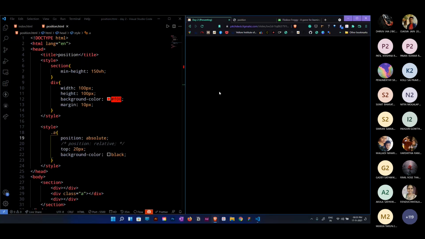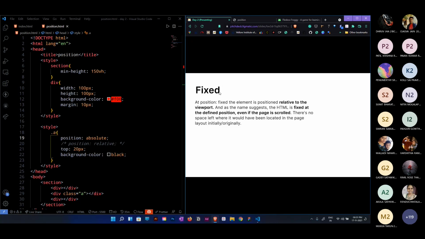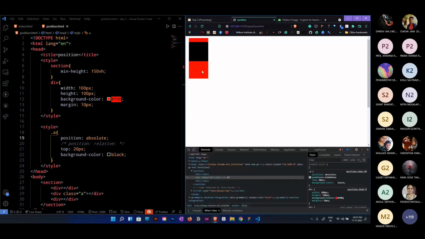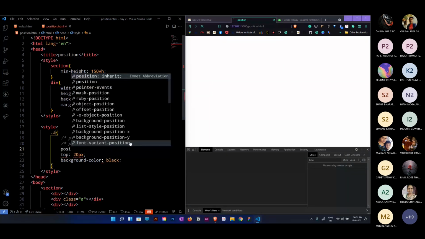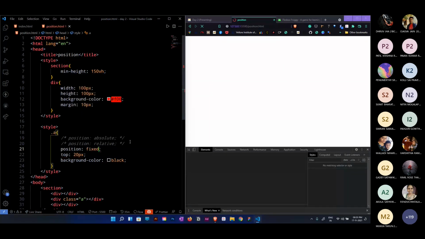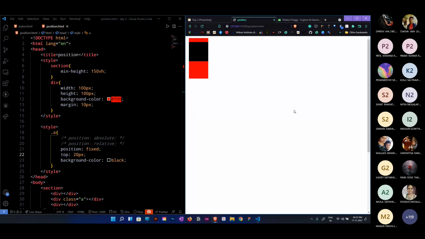And there are things called sticky and fixed. What fixed will do is fix the element in a particular position. Let me show you: position fixed, top 20, reload.